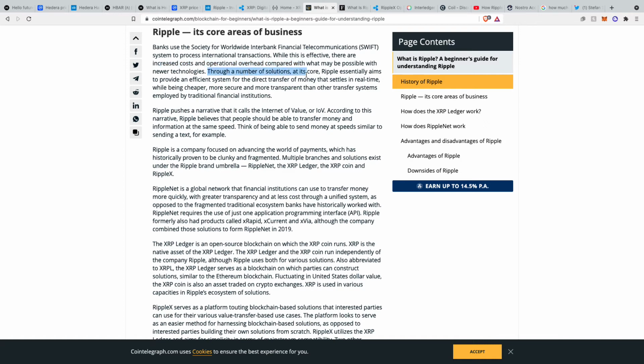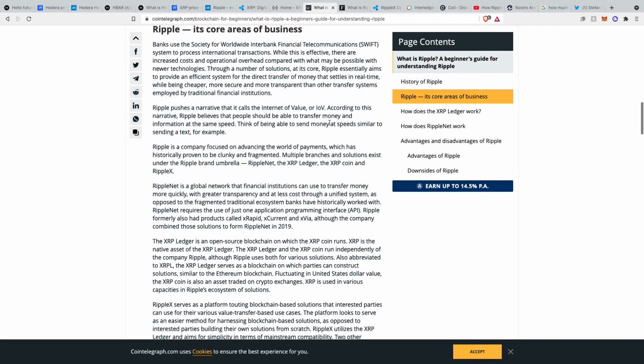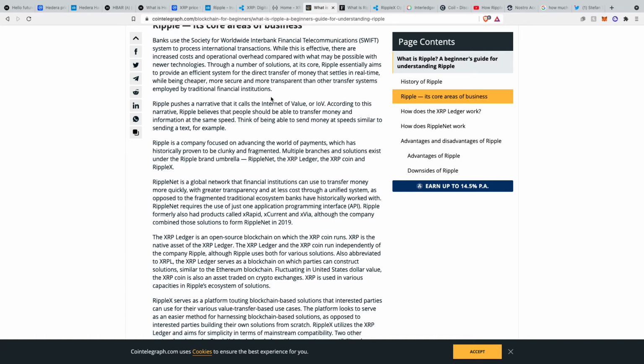Through a number of solutions, at its core, Ripple essentially aims to provide an efficient system for the direct transfer of money that settles in real time. That's not possible today. The only way that's possible is through distributed ledger technology and blockchain, and Ripple's at the forefront of the solution for that. So for direct transfer of money that settles in real time while being cheaper, more secure, and more transparent than any other transfer systems employed by traditional financial institutions,